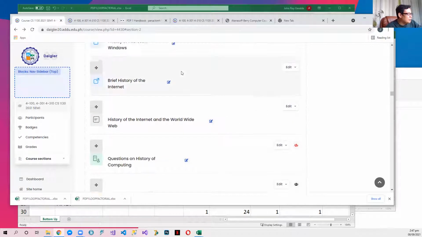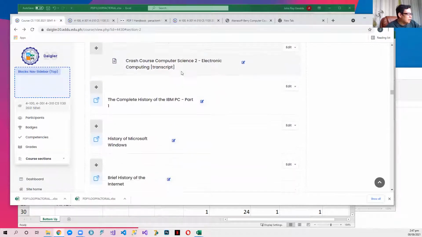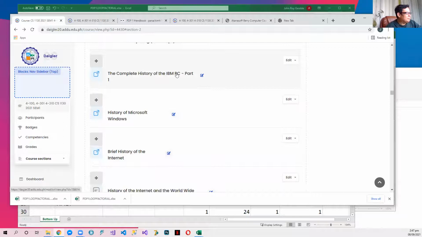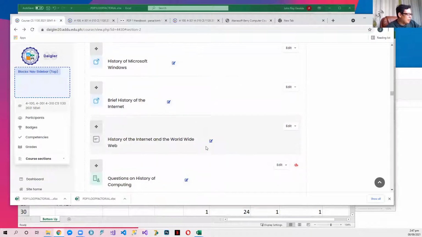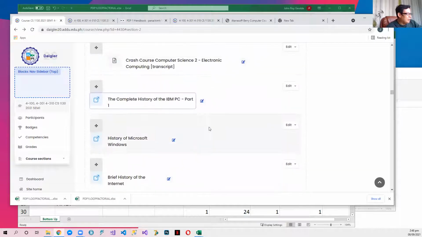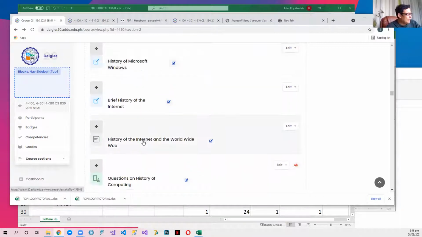There should be 2 parts, okay? Wala siguro yung isa, no? I look for that, no? But anyway, the part 1 and the part 2 are connected. You can look at the part 2 anyway, anytime you like. And then history of Microsoft Windows, Bill Gates, no? And sino kasama niya dito? Paul Allen, Bill Gates, and